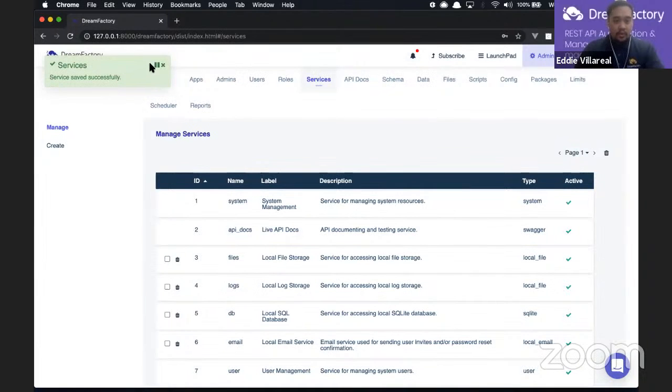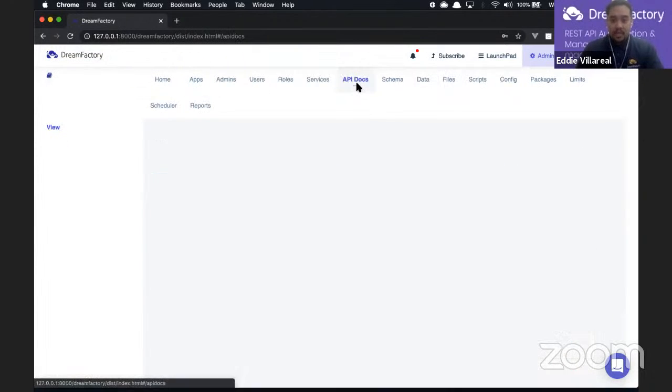Now, I really do want to point out this little alert here. The service is saved successfully. In seconds of just creating the service, we have already restified my MySQL database. So I want to put a lot of emphasis on how quick that happens prior to going to this API docs tab to test that. What this represents is months of time creating a REST API from a MySQL database or any really relational database. So that's pretty cool. Now, like I said, to test this, we go to the API docs tab,